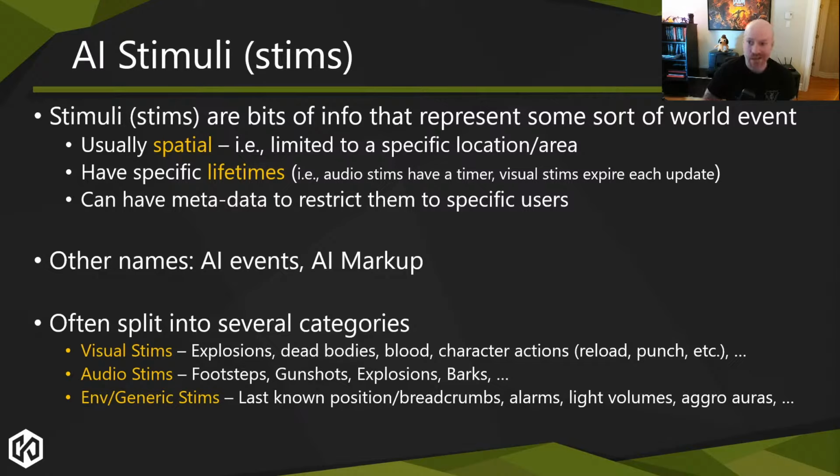Volumes might basically say, hey, within this room, it's dark, so now your sensor might react differently, or, hey, this room is scary, so now you might have more fear or whatever. Those are those kinds of things. Some places tend to try to overthink this kind of thing. And then you have stuff like smell stims and ESP stims and a bunch of this kind of nonsense. It's like, don't overthink it. Just visual, audio, and generic, whatever.